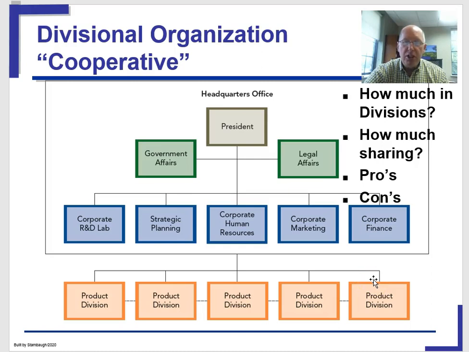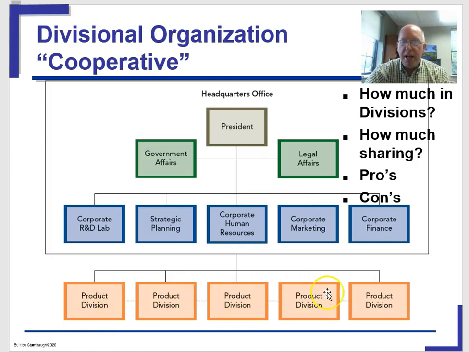In terms of communication and cooperation, because they are organized along product, you have the marketing people talking to the R&D people, talking to the accounting people within the products. So it is superior in terms of communication and cooperation within the product divisions. You have all the functions that may be present here. And I say may because product divisions are the lightest form, if you will, of the divisional structure.